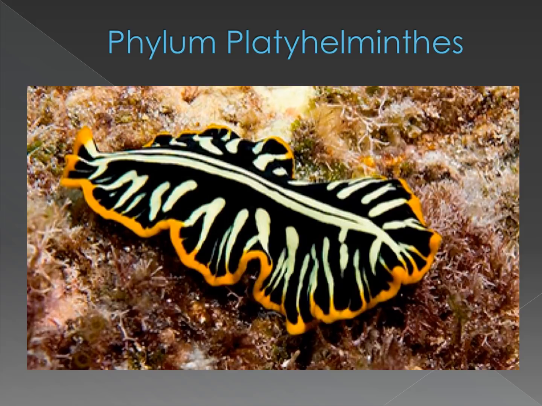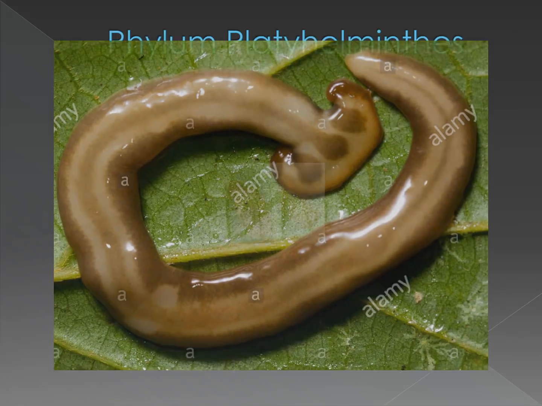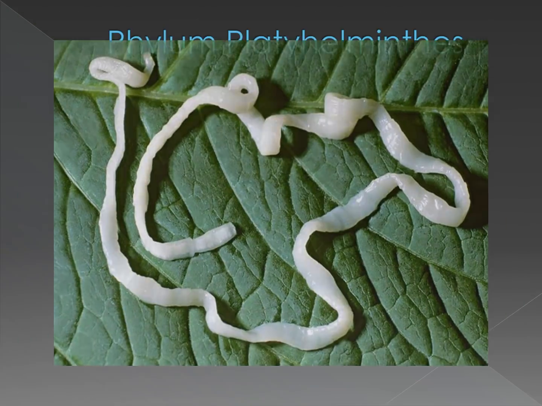Now one very important characteristic about Platyhelminthes is they are hermaphrodite. Hermaphrodite basically means that they have both male reproductive system and female reproductive system in the same body. So when you're looking at it, you cannot say whether it's a male or a female. Why? Because they have both reproductive systems together in the same body. So examples are planaria, liver fluke and tapeworm. These are examples of the animals that are included in Platyhelminthes.